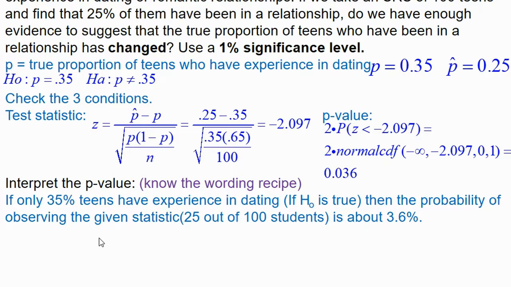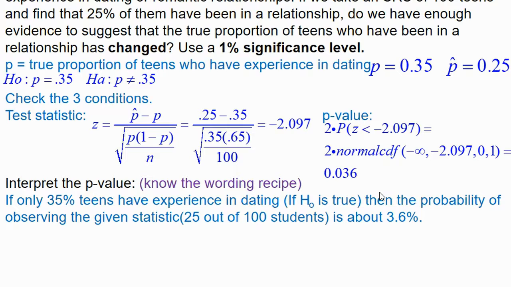So here's how you write it specifically for this example. You would say if H0, which was p equals 0.35, so if only 35% of teens have experience in dating, so in other words, if H0 is true, then the probability of observing the given statistic, and the given statistic here would be your sample, like 25% out of 100 who are in a relationship, the probability of observing the given statistic is only about 3.6%. So it's very, very small. So that means that H0